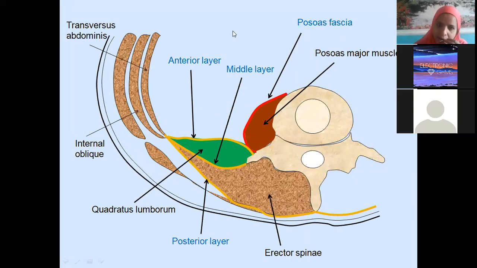If you are entering from the abdomen, this is the posterior abdominal wall. When you see it from the back, this is the skin and this is the spinous process. Below the skin you will have the superficial fascia and deep fascia. Below that, on either side of the vertebral column, we have a long muscle throughout the vertebral column. We call it erector spinae.